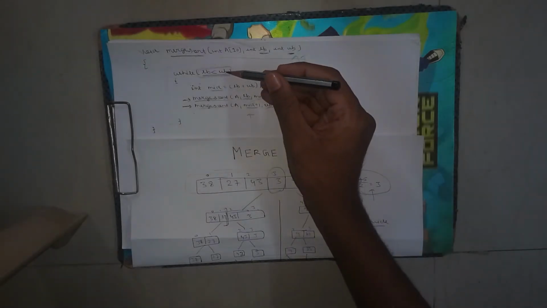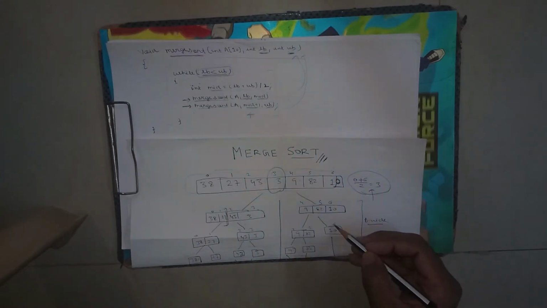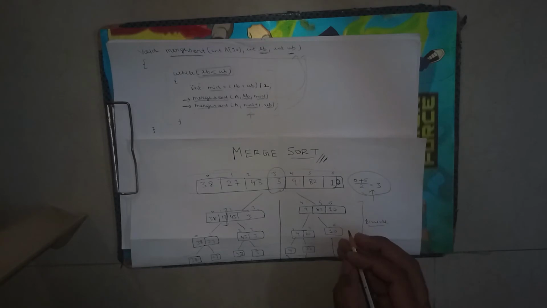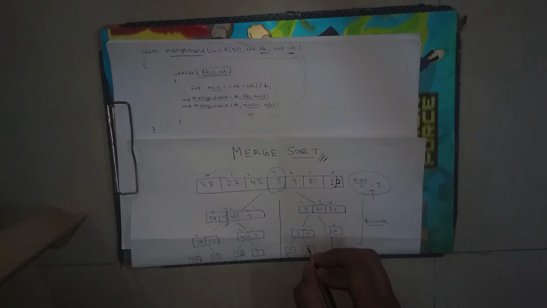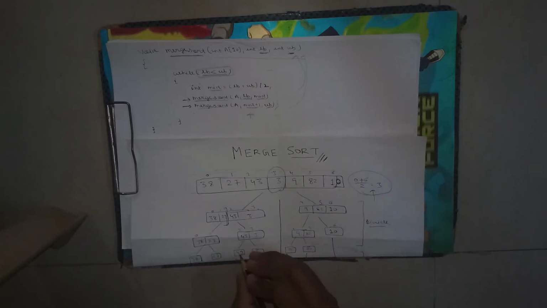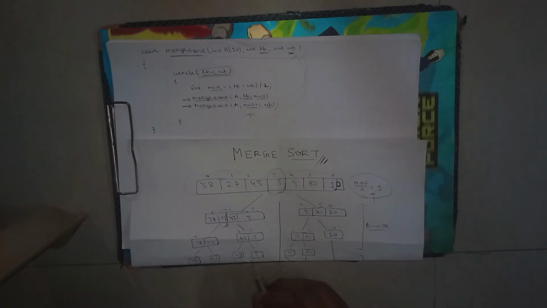Here I have put the condition that lower bound should be less than upper bound, but here lower bound is 6 and upper bound is also 6. So this means that finally I have achieved my partition. There is only a single element here, and here also, here also, here also, and here also.